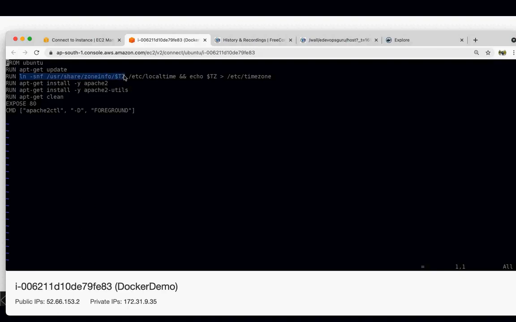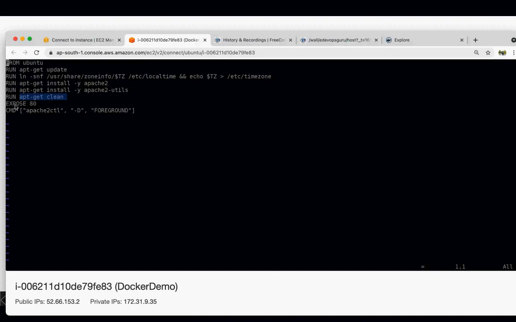Then it is creating a short link for your zone and other time zones, and then it is installing Apache 2, and after that it is installing the Apache 2 utils packages, and at the end it is cleaning up all the leftovers from the upgrade, and then it is exposing port 80.